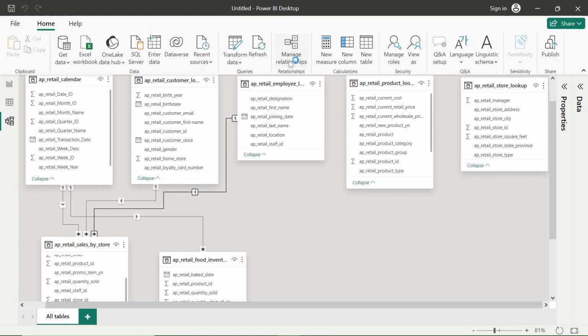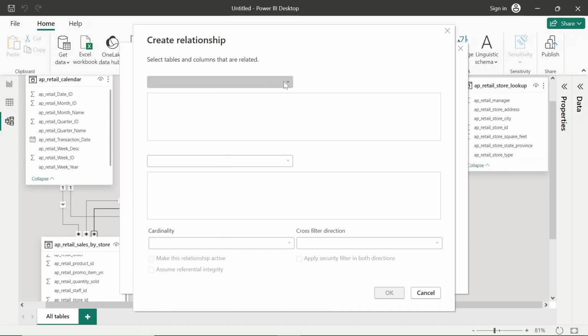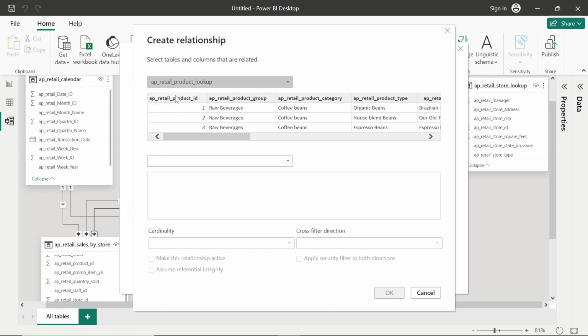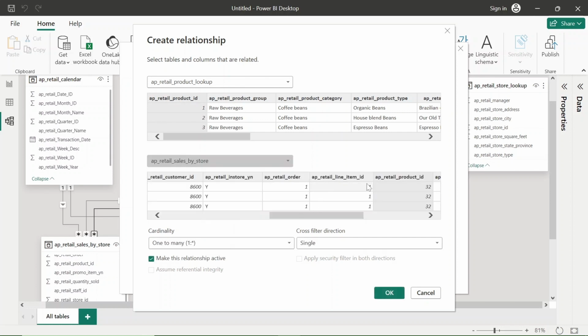Let's create this in manage relationship. Create a new one. The first table is the product lookup. In the product lookup, I think this is the product ID, but let's see. Let's select AP retail sales by store, and here it is automatically selected. AP retail product ID is also present in the AP retail sales by store table.